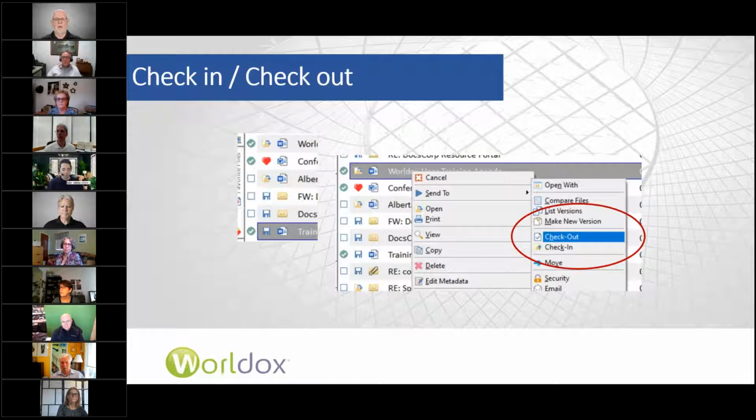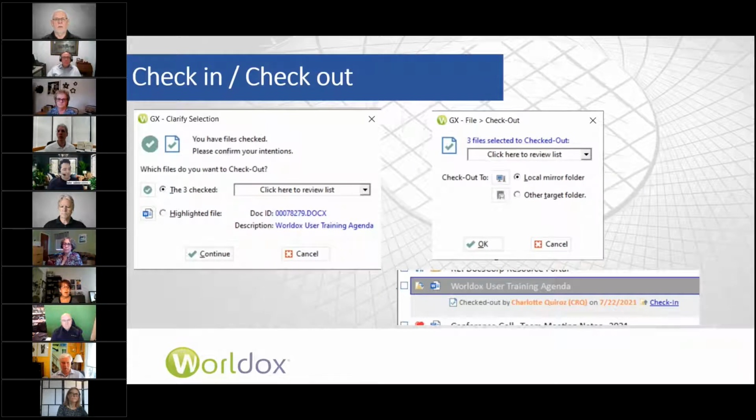When you check the document out, you will get a message from Worldox that says, are you working with these 3 documents? And you'll say, yes, go ahead and continue. And then it gives you an option of where you want to check it out. Do you want to check it out to the local mirror or to another targeted folder? So if you're running your Worldox from a laptop and when you're connected to the server, when you're in the office, there is a folder on your laptop called local mirror. If you're going to work with these documents from some other computer, maybe you're going to visit and you're taking a home laptop that does not have Worldox installed,